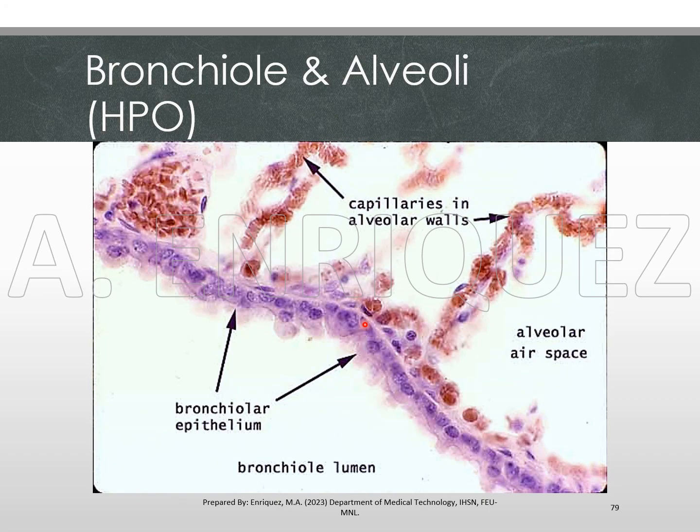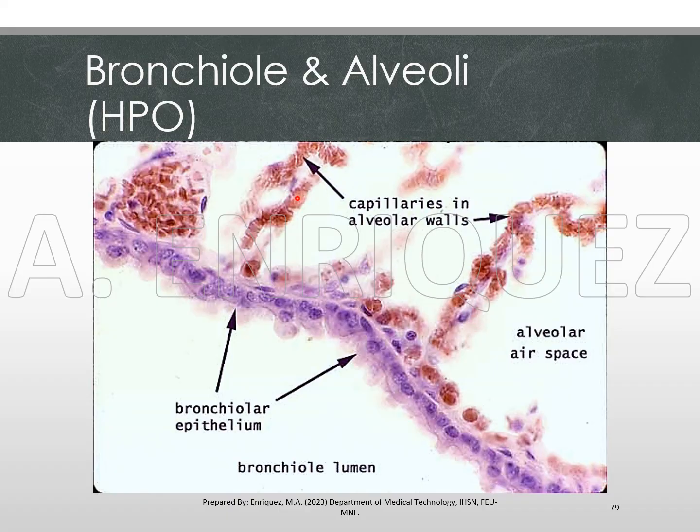Because at the alveoli, that's where gas exchange would happen. Di ba po? So it makes sense, no? It makes perfect sense na mas manipis yung type of cell na pwede nating makita sa paligid ng mga alveoli in comparison to the bronchiolar epithelium. Right here, it's a bit difficult to see some of the simple squamous epithelium of our alveoli kasi po we're seeing right here no